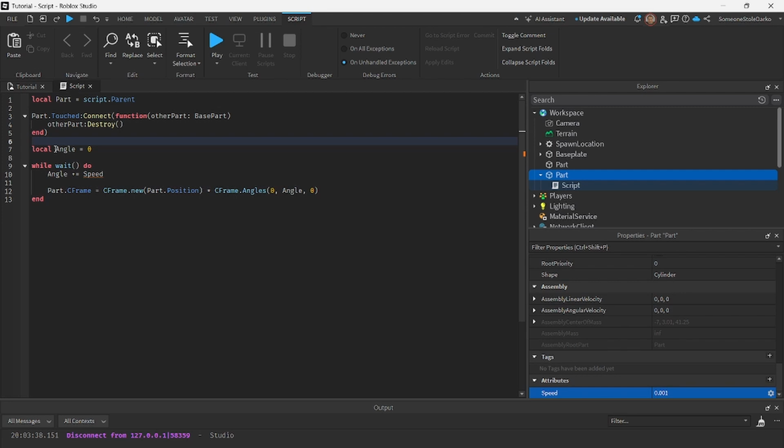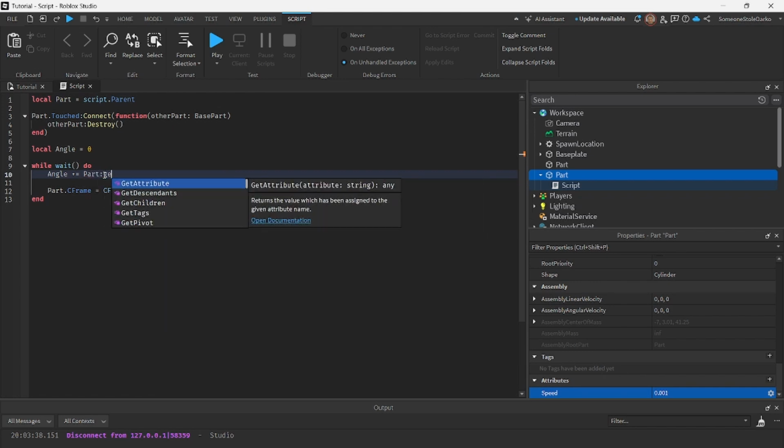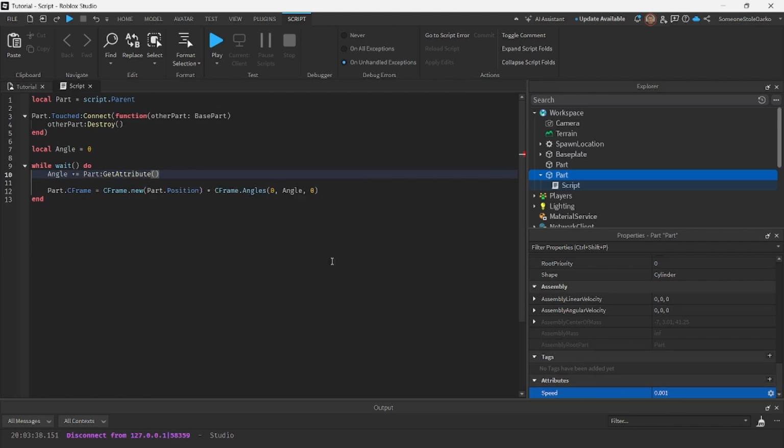That means that if we have the part, if we know what the part is, we can use this part to get all its attributes inside of it. And instead of this speed variable, we can do part:GetAttribute. As you can see, it returns the value which has been assigned to the given attribute name. For example, if we write speed, it will return the actual value, that is 0.001. So now if we playtest the game,